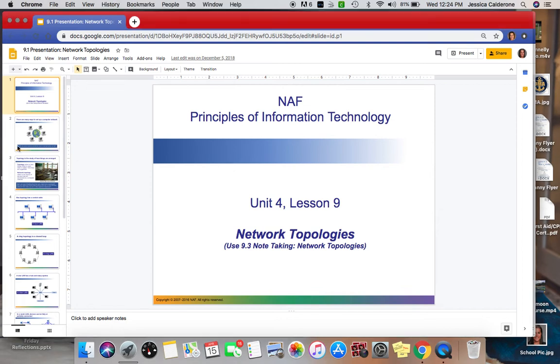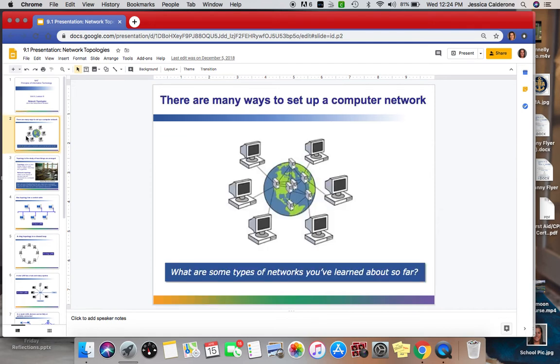Okay, so there are many different ways to set up a computer network. In this presentation, we're going to talk about the common ways of how to organize a network. So a network, for example, at DMA, what's the network? Well, the network is how we access the internet at school. So when you log into your school computers using your username and passwords, you are logging on to the DMA